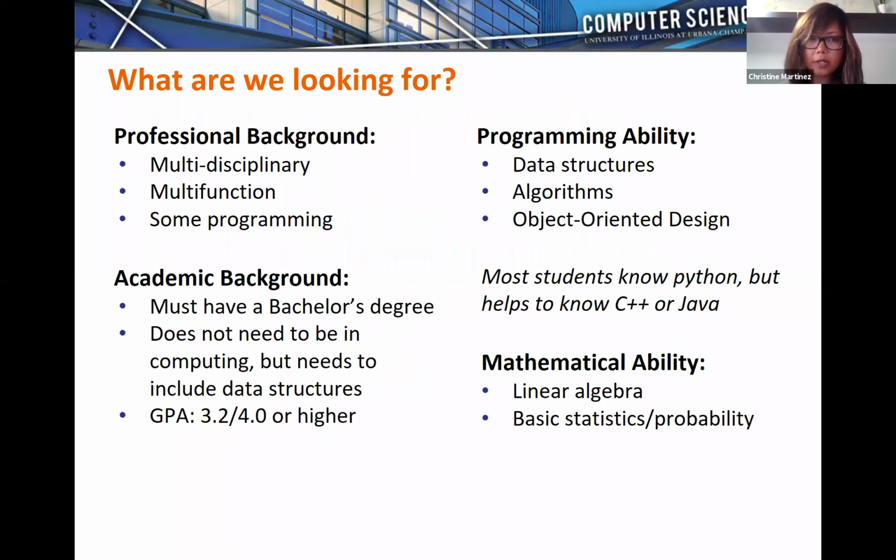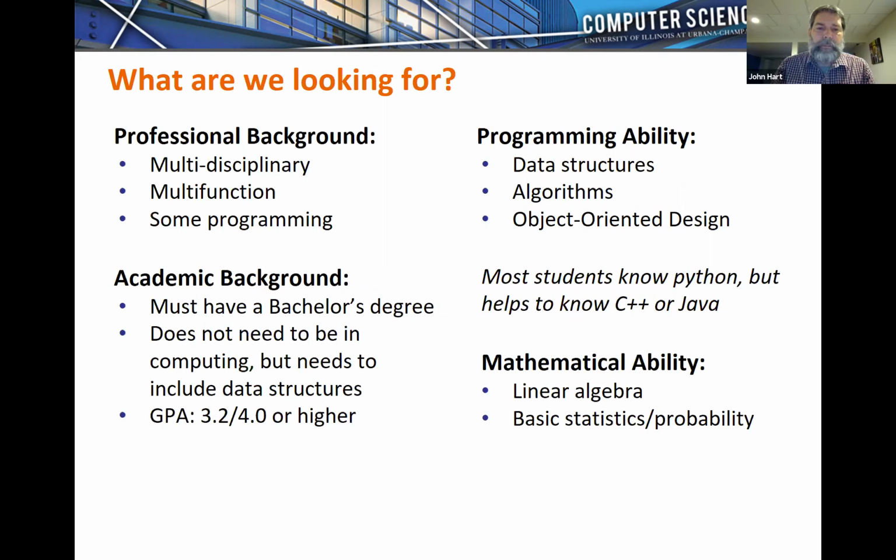So John, can you speak to this one? You bet. Thanks, Christine. So this is a Master of Computer Science program. You get the Master of Computer Science from the Department of Computer Science at the University of Illinois. It's a well-established degree in computer science from one of the top 5 programs in the world.